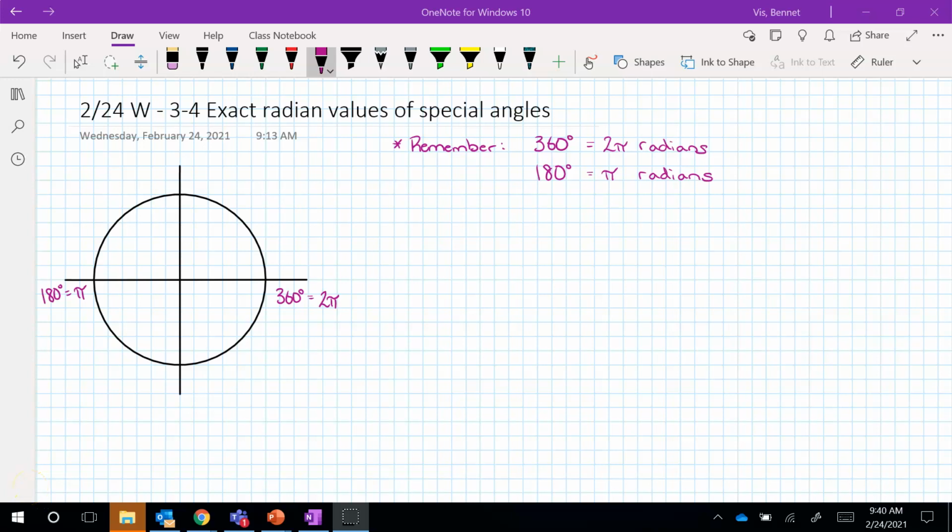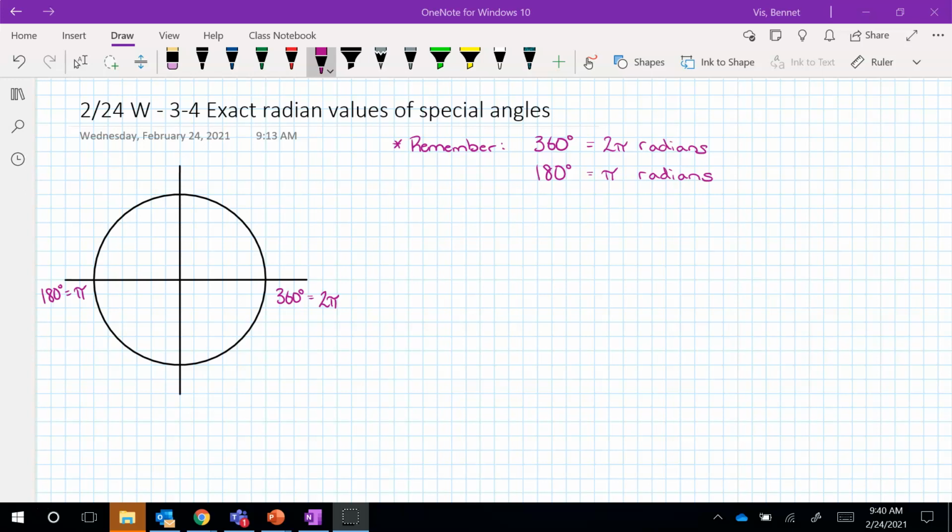Hey, pre-calculus class. In this video, we are going to look at some of the exact radian values of the so-called special angles in this circle. The 30, 60, 90 triangles and 45, 45, 90 triangles. Those angles that have reference angles of either 30, 45, or 60 degrees anywhere, like in any of the four